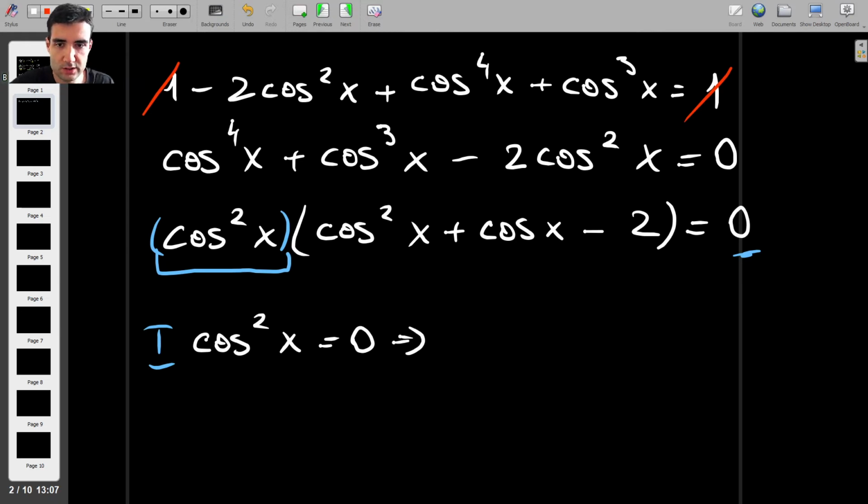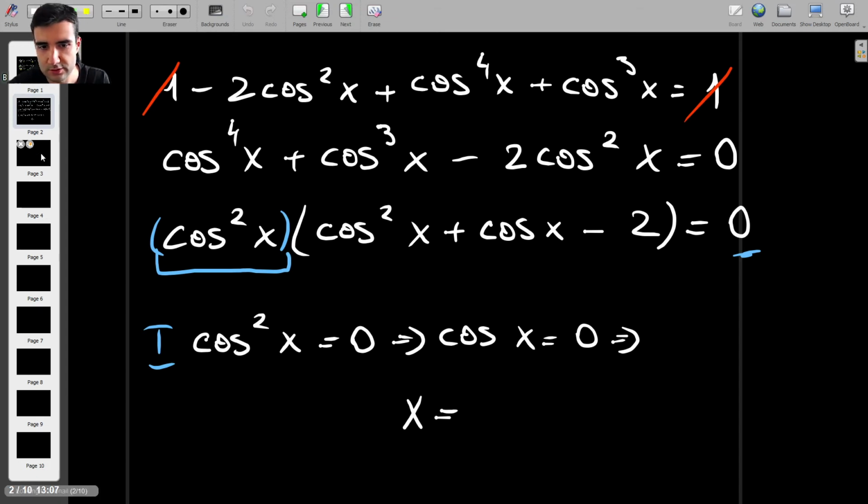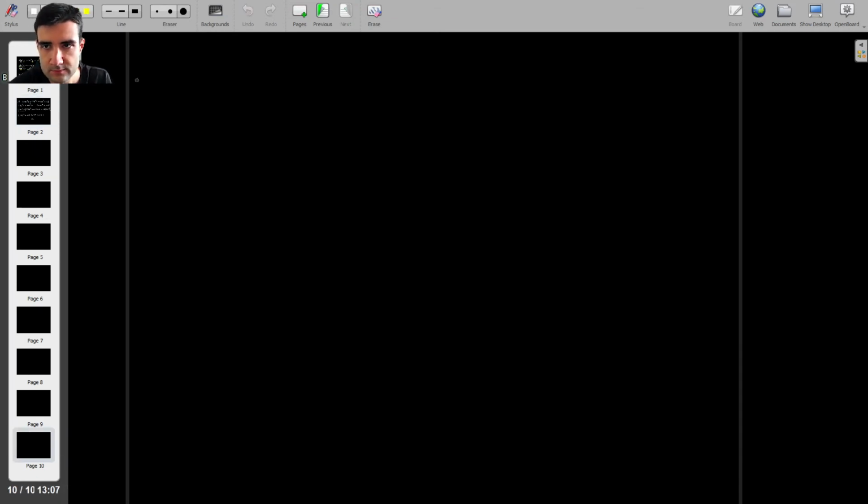So cosine squared of x is 0, which means that cosine of x is 0, which means that x, so this has the usual expression, which I'm going to write on a different page. So essentially, if cosine of x is equal to, let's say, a, and we're just dealing with real numbers here, by the way, so